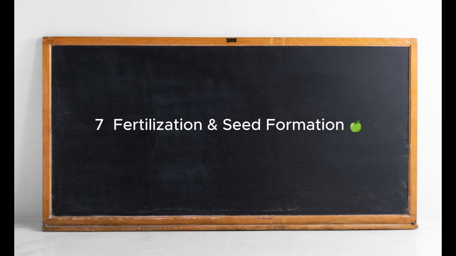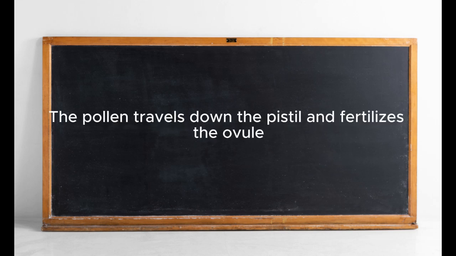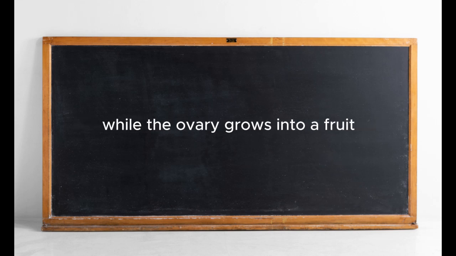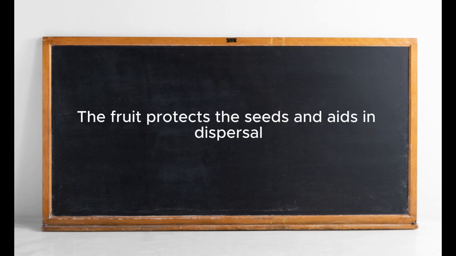7. Fertilization and seed formation. The pollen travels down the pistil and fertilizes the ovule. The fertilized ovule develops into a seed, while the ovary grows into a fruit. The fruit protects the seeds and aids in